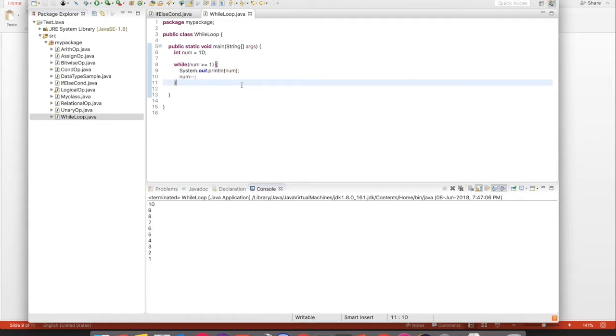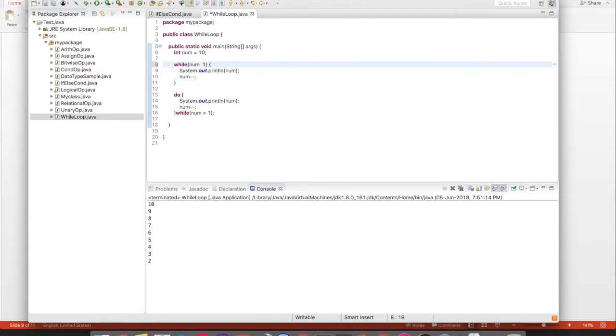Now here what you can say, to go inside the while loop or the while block, it should first check the condition. Whereas in your do while loop, it will first execute the lines and then check it. So let's see how that works. I'll do one thing here. Let's say that if num equal to 1, then print only. Okay, so here in this scenario,